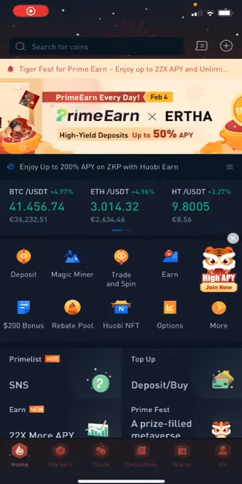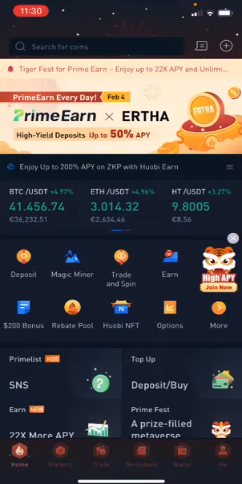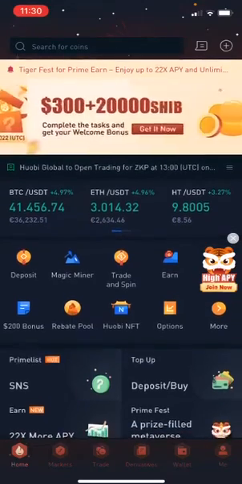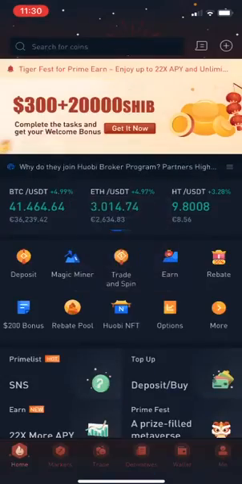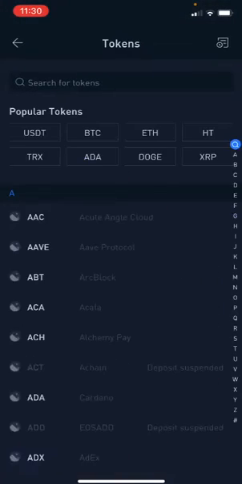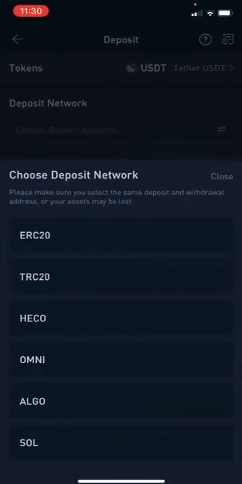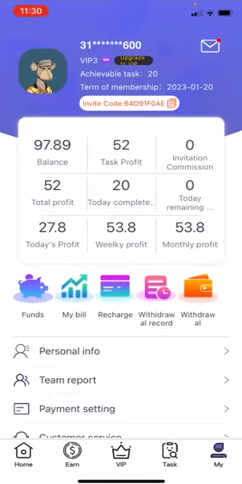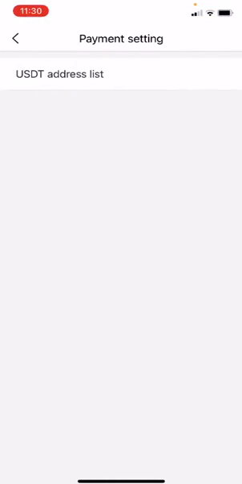So we have to set our Huobi link again to the new platform. So I go to the deposit from Huobi, from Huobi account. I go USDT, TRC20, copy the link. And I go to the payment method, settings,